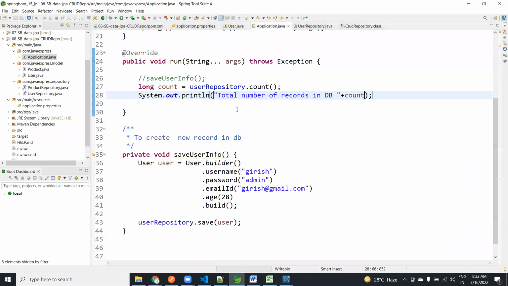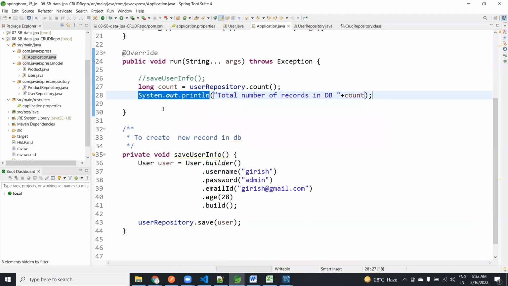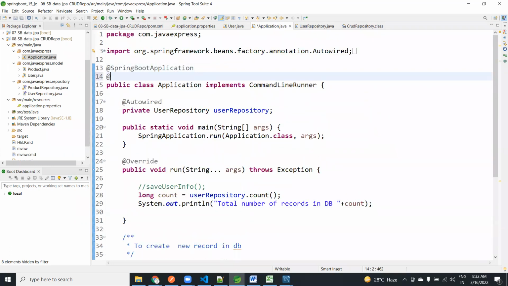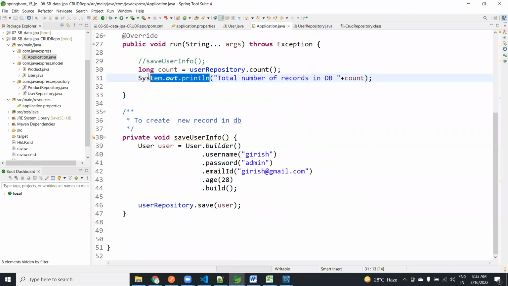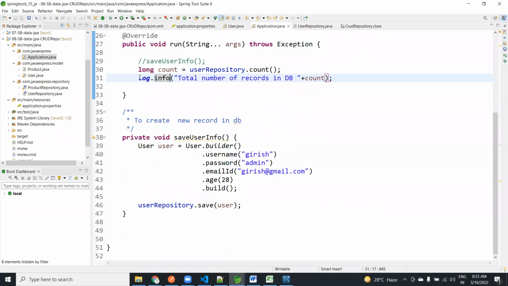Now is it the right approach to print your log statements using SOP in real time? No, we should use a logging framework. Already we are using the Lombok plugin. This Lombok plugin provides one annotation, @Slf4j. If you use this, your logging framework is automatically enabled in your application. Now see here, instead of System.out.println, you can use log.info. That's it. Total number of records are